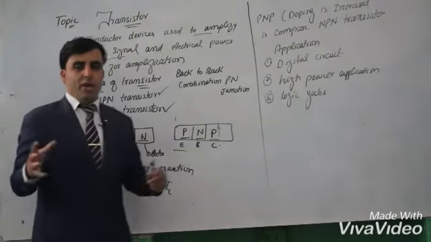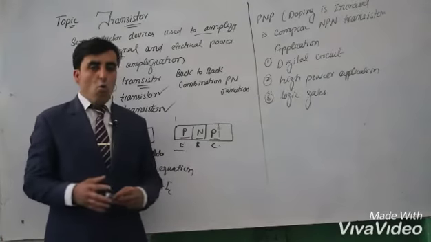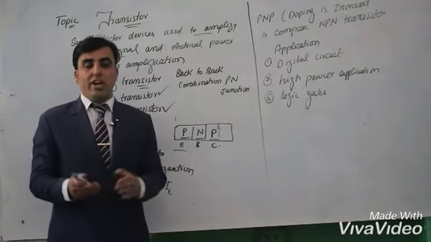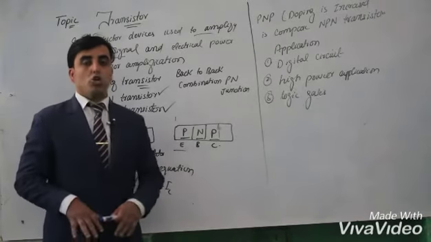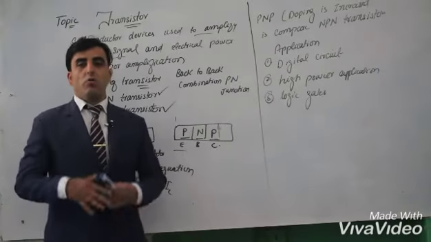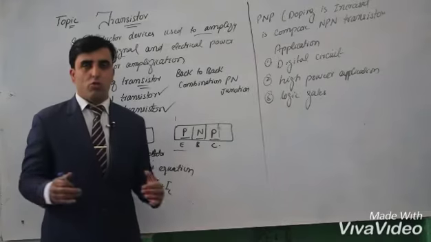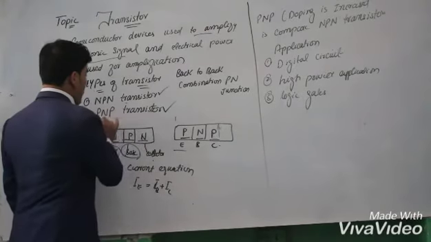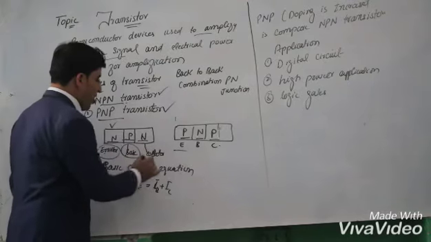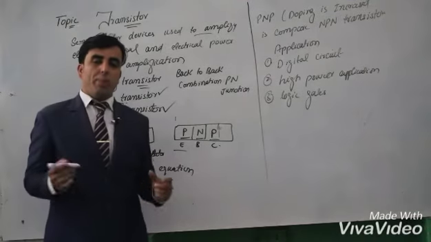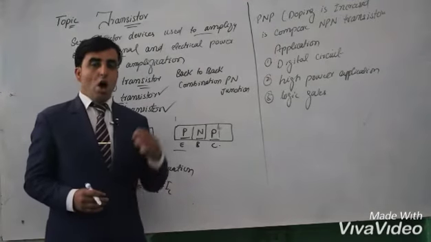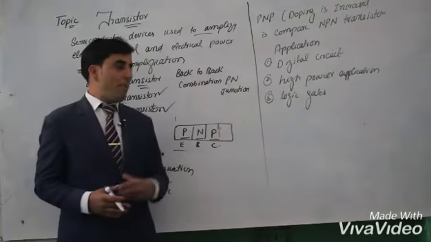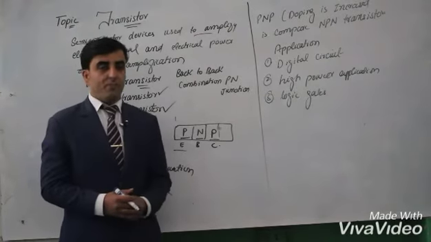And the NPN and PNP transistor, what does it mean? Simply, we can say it is used for amplification. So it amplifies for a large voltage where it is required, from a small voltage. But gentlemen, the basic concept of the PNP transistor and NPN transistor is that they depend upon doping. How much doping is in the NPN and how much doping is in the PNP transistor.